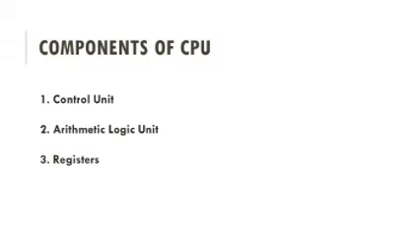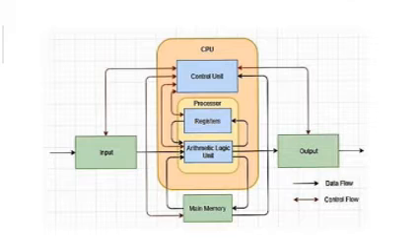So we have to focus on the next topic, which is the components of the CPU. The CPU is made up of three major components: the registers, the arithmetic and logic unit, which means the ALU, and the control unit, which is the CU. These are the three major components of the CPU, and the components are connected by a bus, which is a collection of parallel wires for transmitting the address, data and control signals.